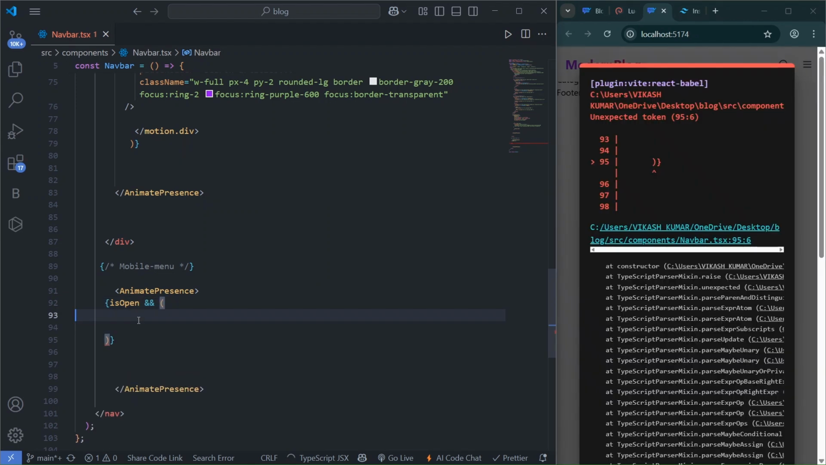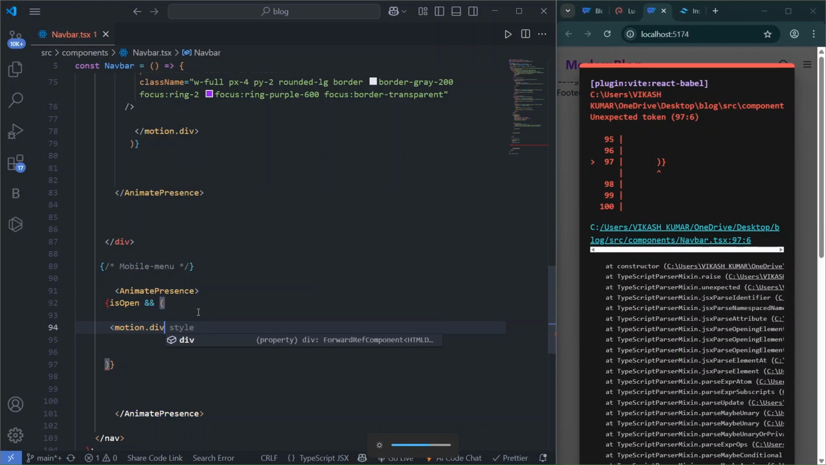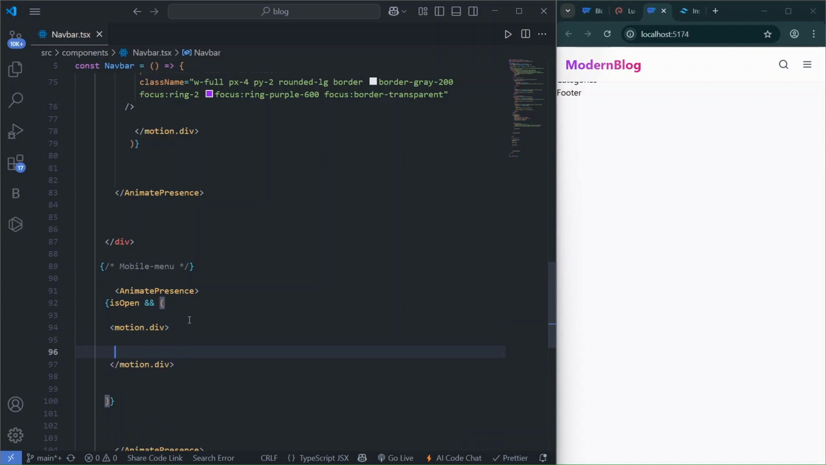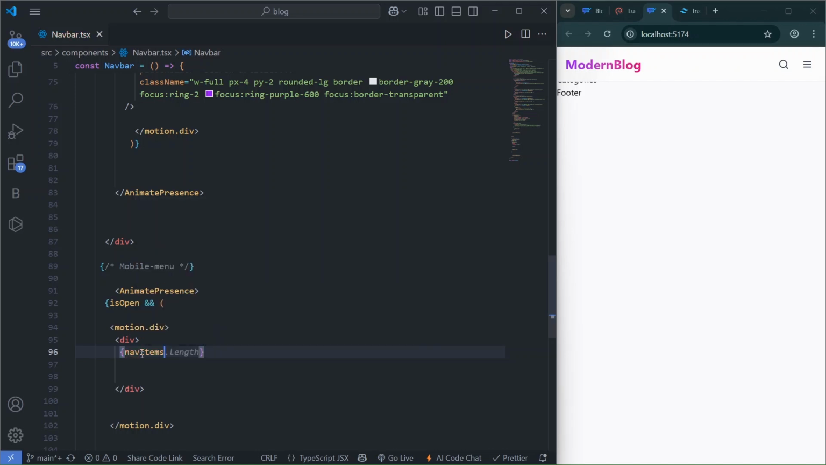So in this we will create a motion div to apply the motion also on our items when the user clicks on it. So let's write motion.div, and in this we are going to show our nav items. So we have to create a div, and in this div we want to show our nav items. Similarly, in the navbar we mapped each item using the map function, right? So let's map